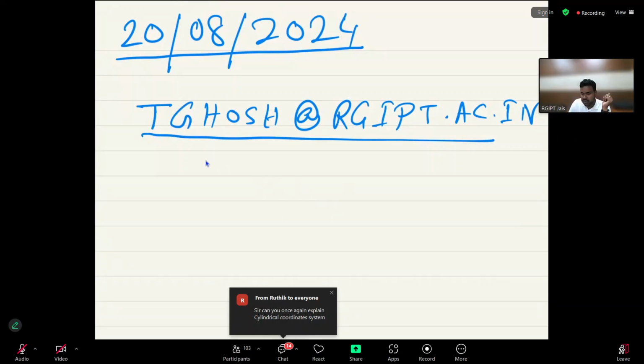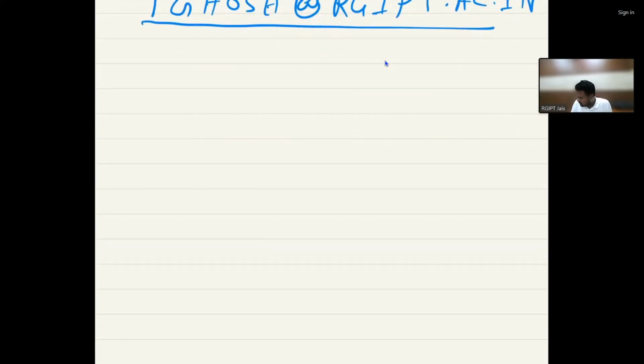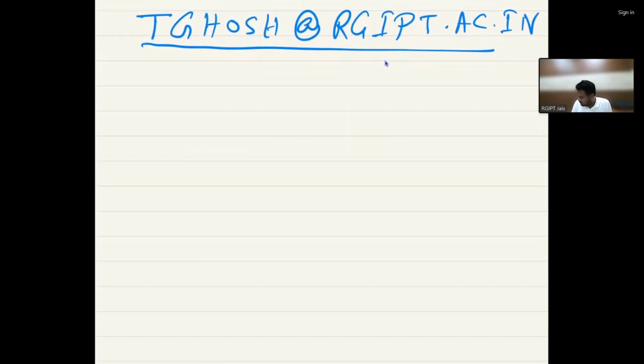Okay, any other question regarding the class? If not, then let me recap again. I'll try to explain the spherical and the cylindrical coordinates briefly again. Yesterday we hurried a little bit, but I'll explain again how to attach these coordinates. So basically we learned about different coordinate systems, plane polar coordinate, spherical polar coordinate, and cylindrical coordinate system in the previous lecture. So for spherical polar coordinate,